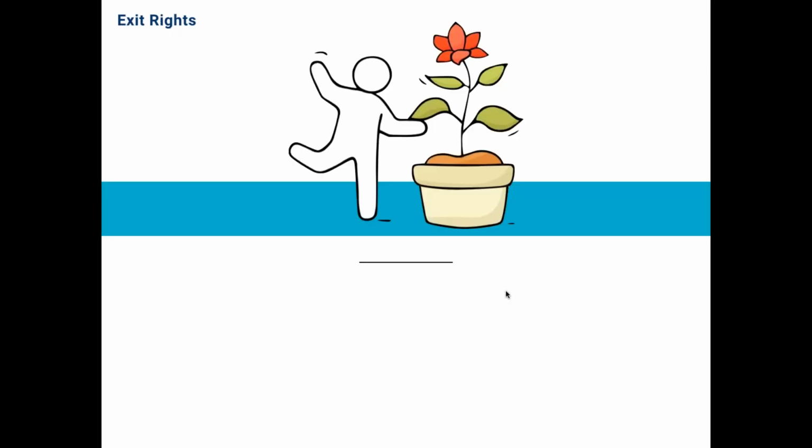The final part of our presentation: exit rights, liquidation preference and IRR, and we will also look at drag along right. The exit rights. Of course, every investor is in the business of investing to make money. The investor puts money into the company, and the only way they make money is by exiting. So what happens to the investor if the company is wound up, if the company is sold? The liquidation preference is the clause that handles this.